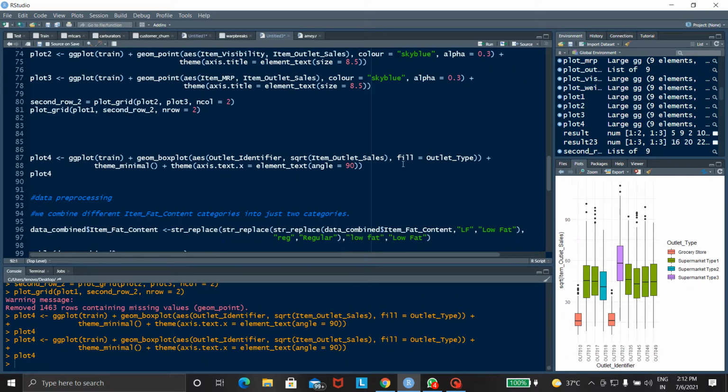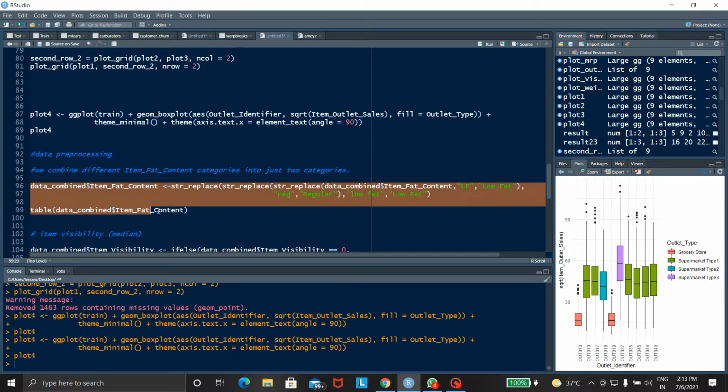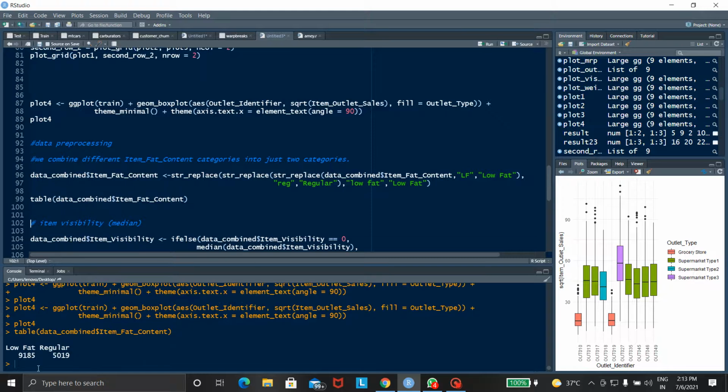After that the next step is data pre-processing. In this data processing, we combine different item fat content categories into just two categories. These are the programs of data processing. After running this program, we can easily see that low fat and regular are combined into two categories.